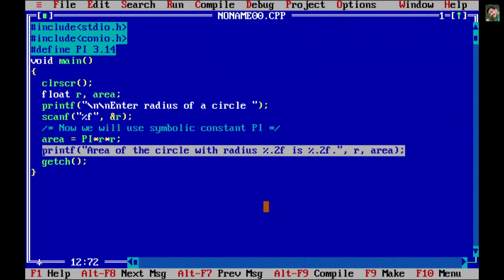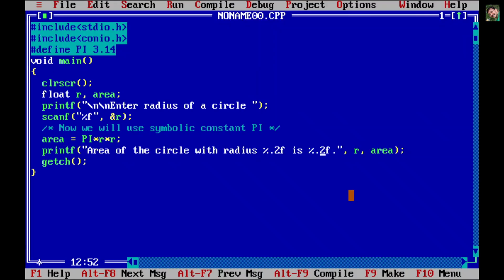It says enter radius of a circle. If I say 10 and press enter, it says area of the circle with radius 10.00. As you can see, it gives only 2 digits after the decimal point. And if I remove this 0.2 from this area,